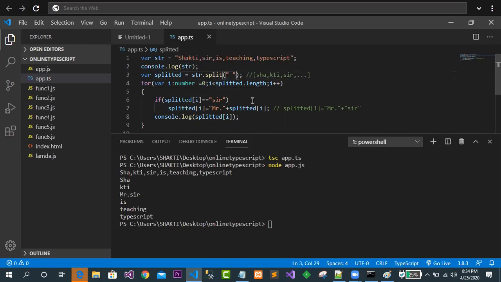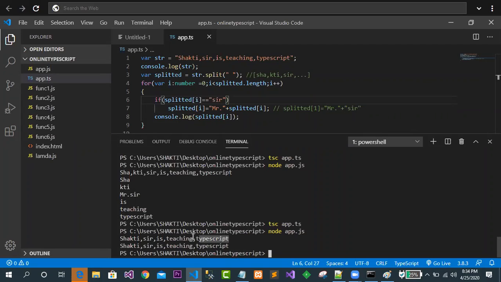Okay, look. If I run this project, let me go for tsc and app.ts. Now, sorry, this is node app.js. Look at the output: it is simple.